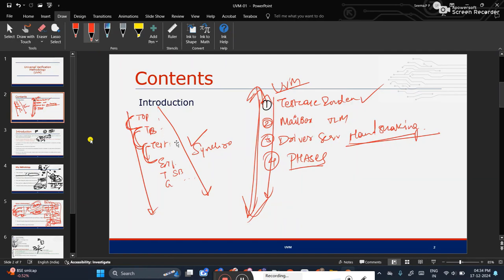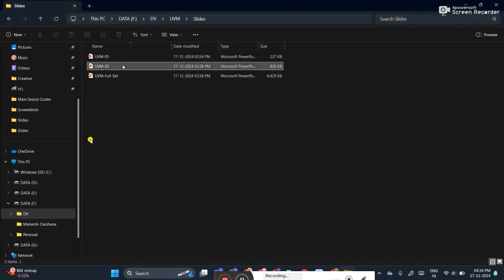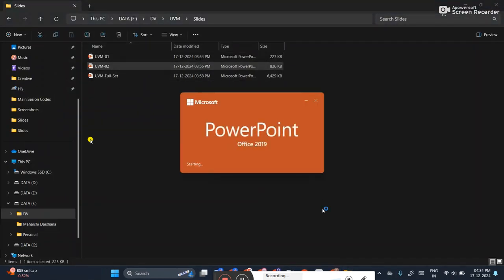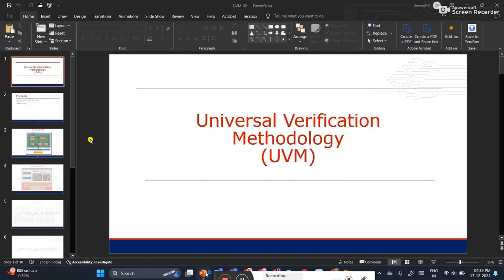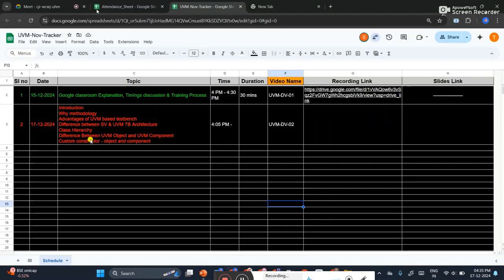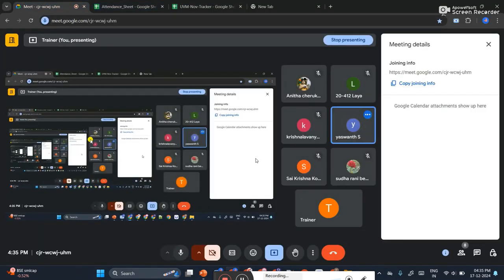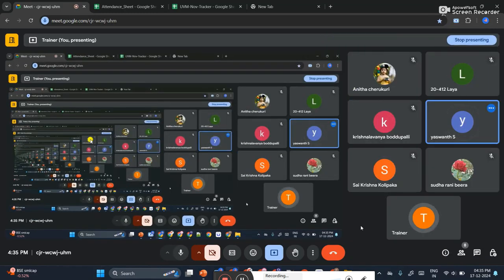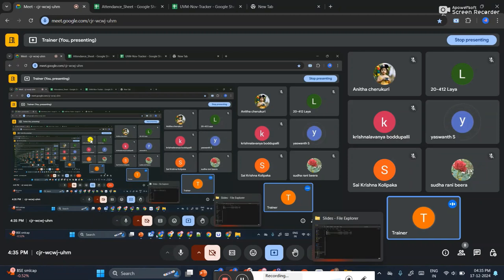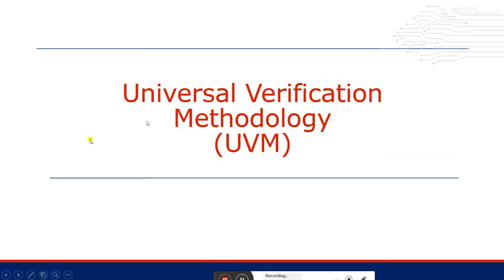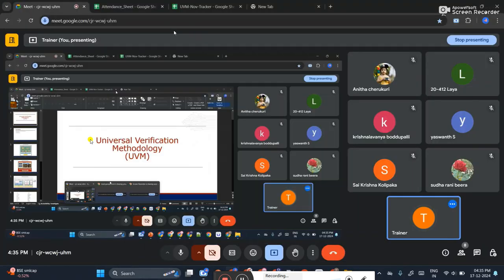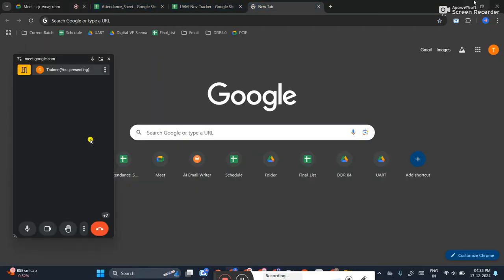So make a note of this. So that's about the simple advantages. As the days progress you get to know, because in one day only you will not understand all of them. Ma'am, yes, tell me. What is the TLM? TLM is Transaction Level Modeling. Okay. Yes. So those are some of the simple advantages, so please make a note of it.